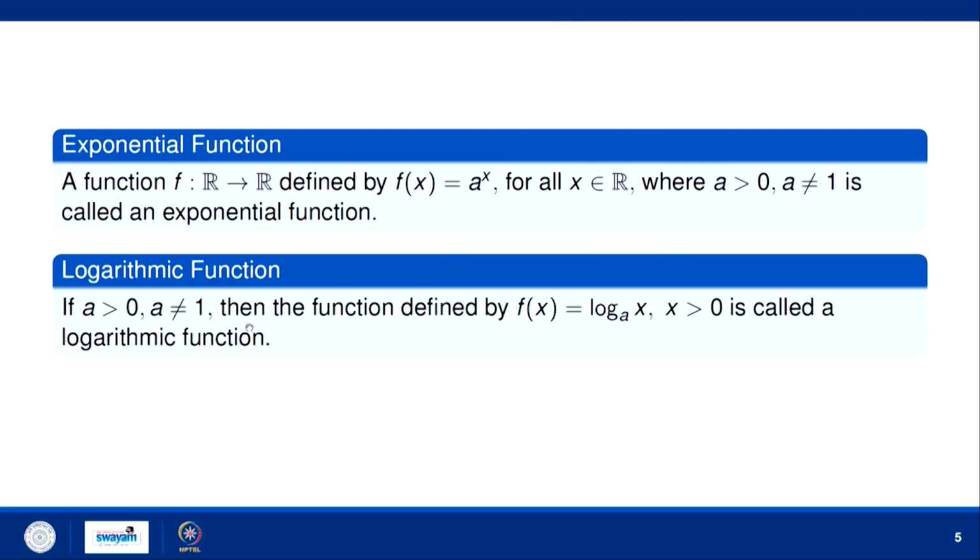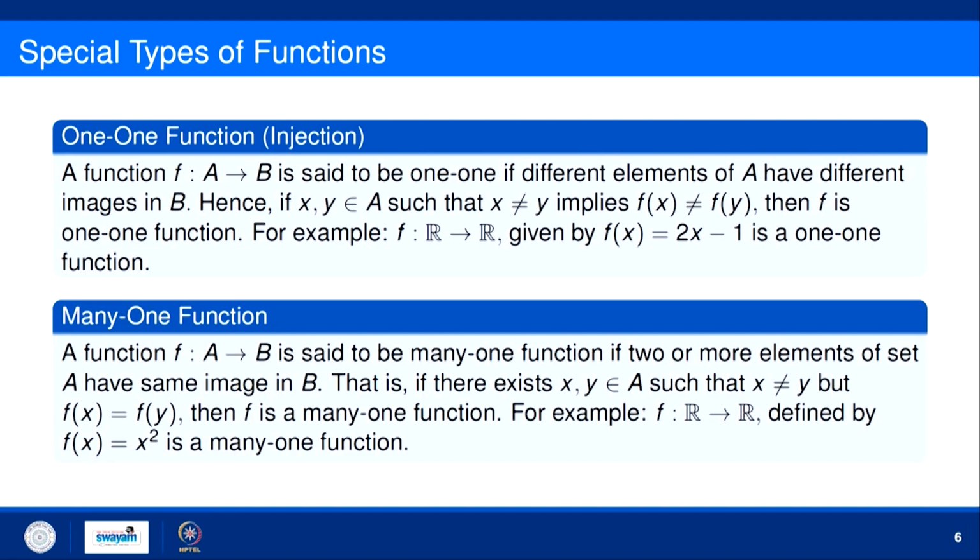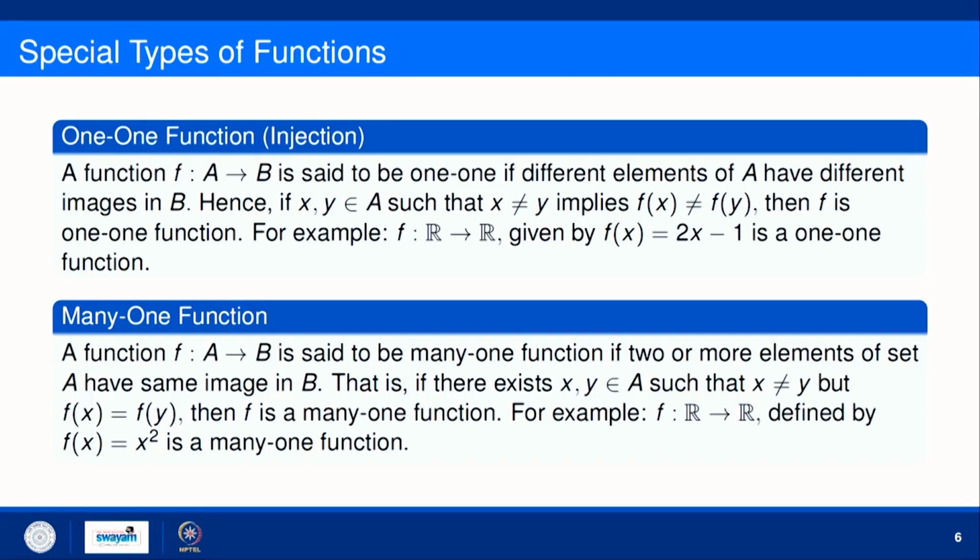Okay. So, likewise we can also think for exponential function. Now, there are some other properties of function. The function may be 1 1 or onto or many to 1 or into. So, let us discuss these concepts also, that when we can say the function is 1 1 function or many to 1 function. So, a function f from A to B is said to be 1 1 if different